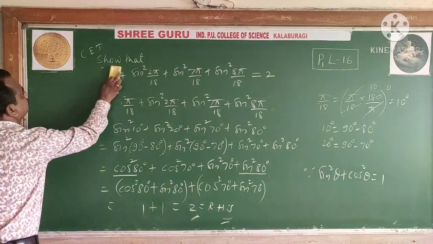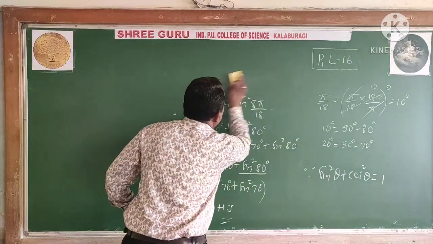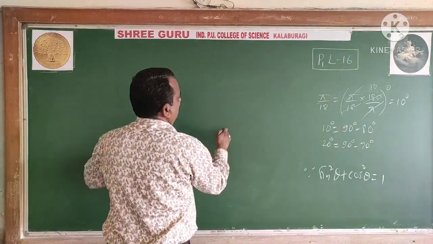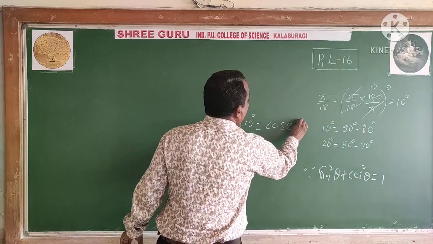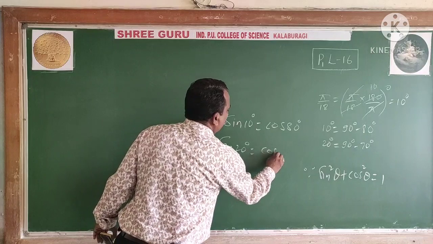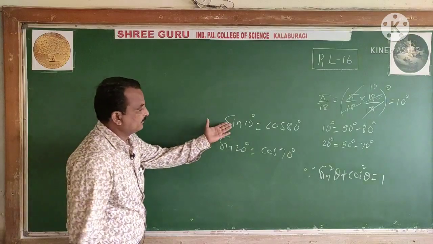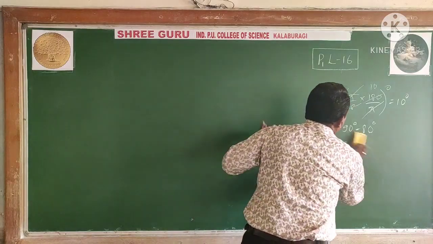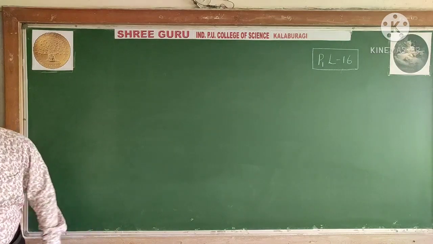Now we'll go for the next one. I think this is clear, students. Only the conversion here. So what we have done here: sin 10 degree you have written as cos 80 degree, and sin 20 degree is equal to cos of 70 degree in terms of sin. If you convert using the allied angle 90 minus theta, it becomes the same. So using these you have converted two terms, and two terms remain as they are. You have arranged them in pairs, and using the first identity sin square theta plus cos square theta you have substituted 1.